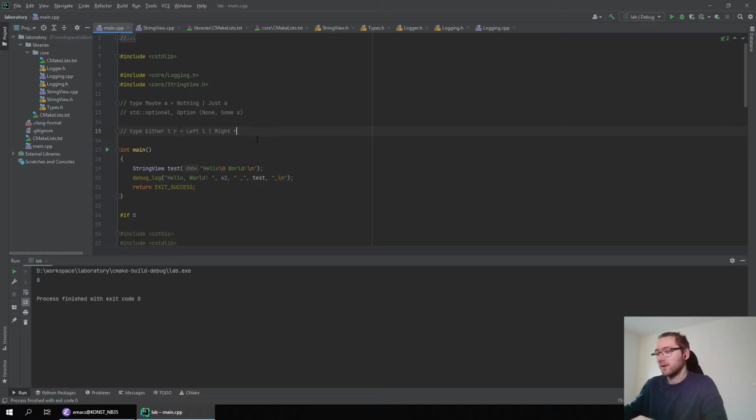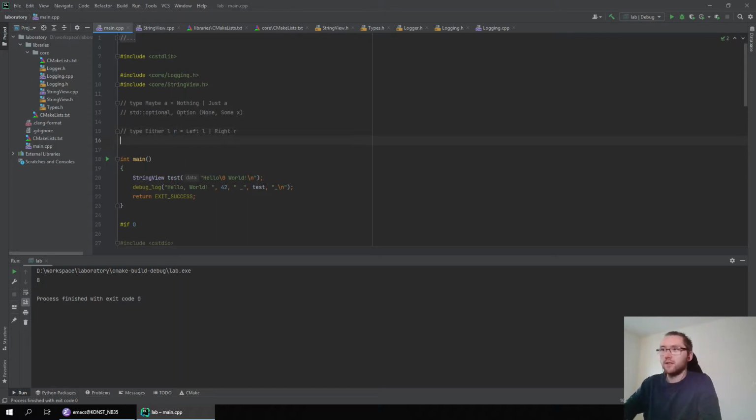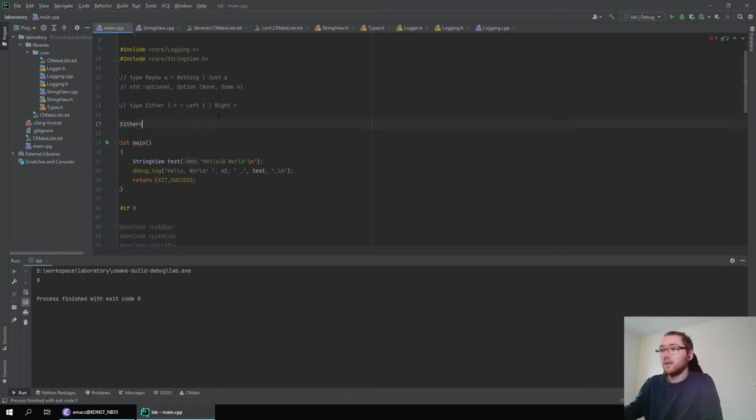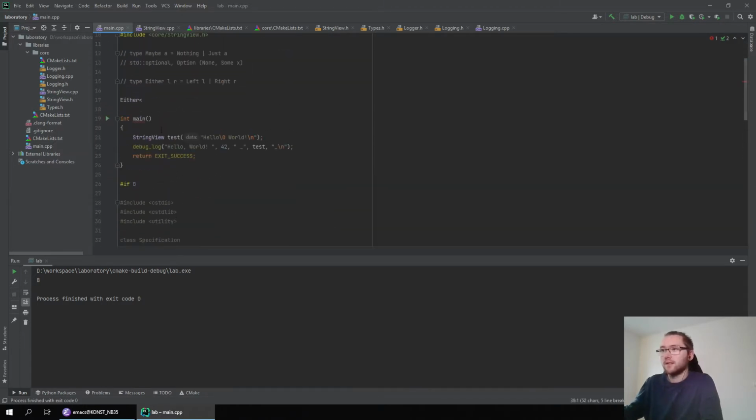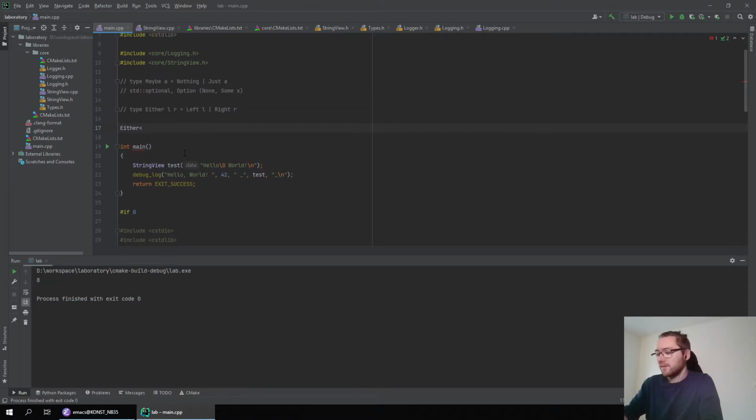So for example, if you would have a function that returns, so I have no Either type yet. So for example, if you have a method, or do I have an Either type? No, I haven't. Yeah, so let's just write it out.